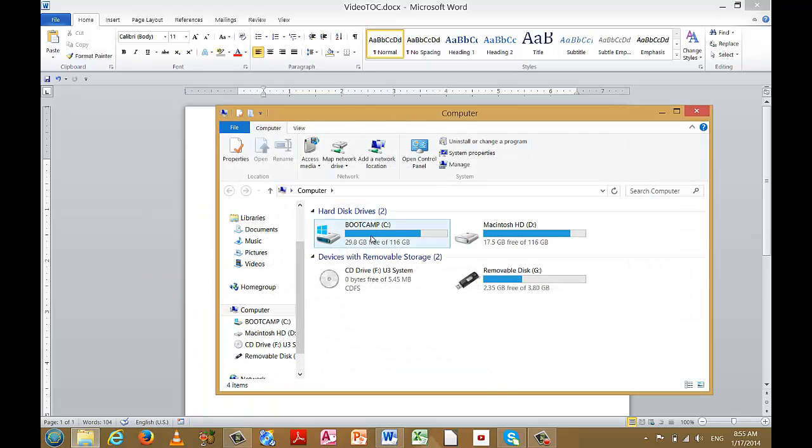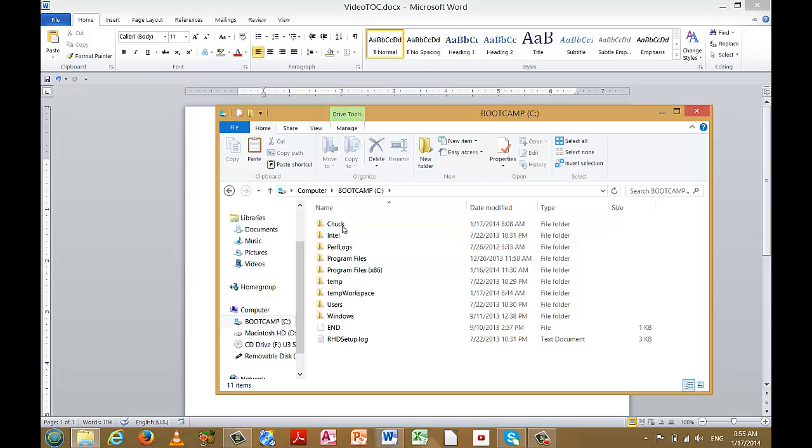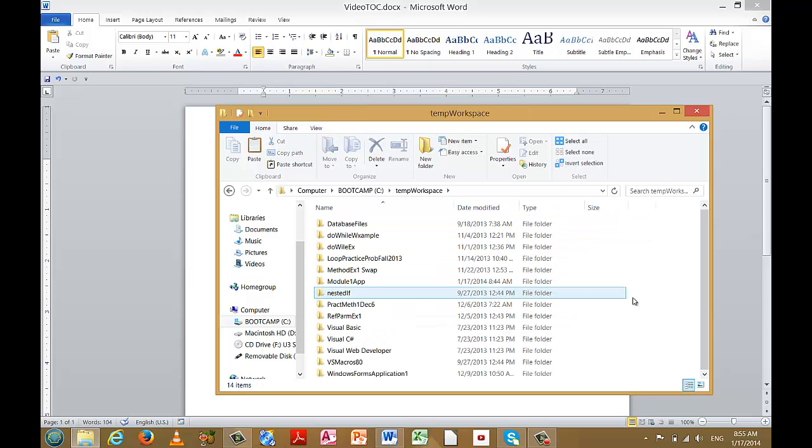And on my hard drive, from the root directory, I'm going to look in this temp workspace folder, and there should be a folder that contains all the folders and files that make up this project I've just created. You'll recall that I named it Module 1 App, and you'll see that it was created on January 17th, 2014. That's the project. If I open it,